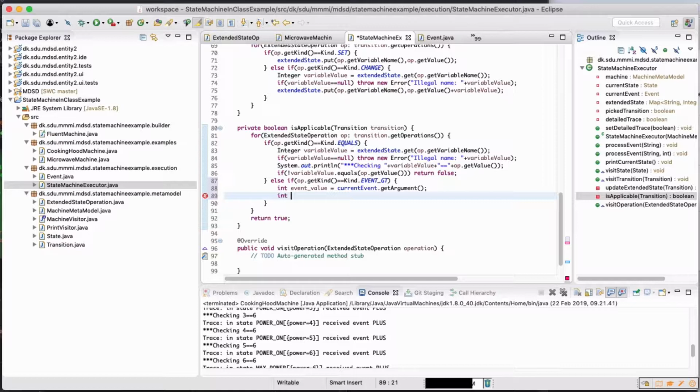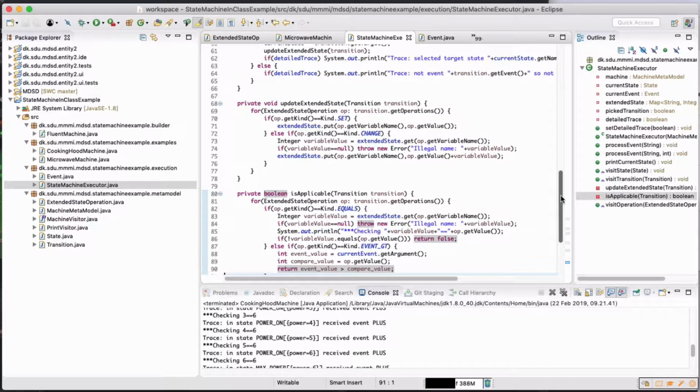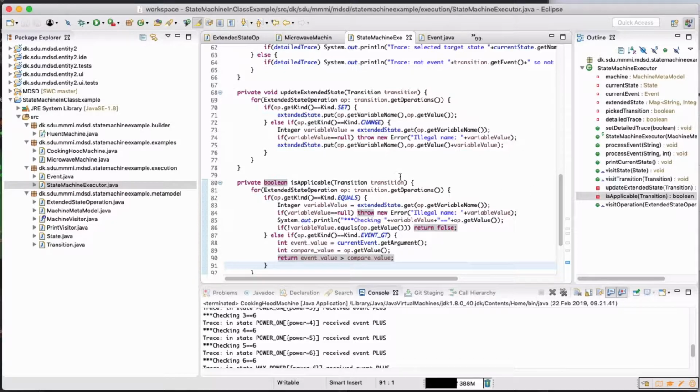Then we're going to say int compareValue. This is what we get from the operation, the value that it had. And then we want to return whether the event value is greater than the compare value. I think we have to try this to really be sure. Okay. And the other thing we need to do, of course, is to implement the